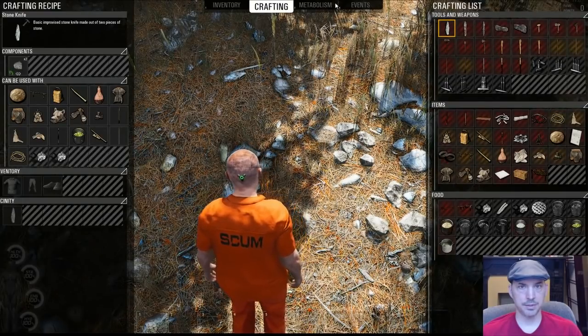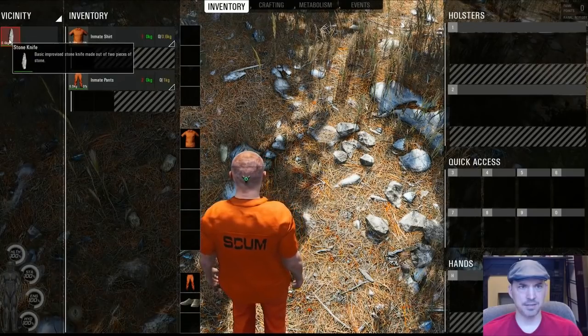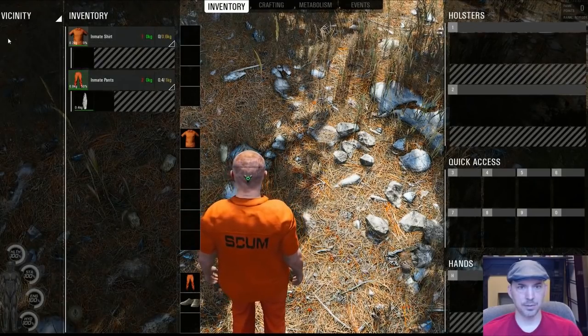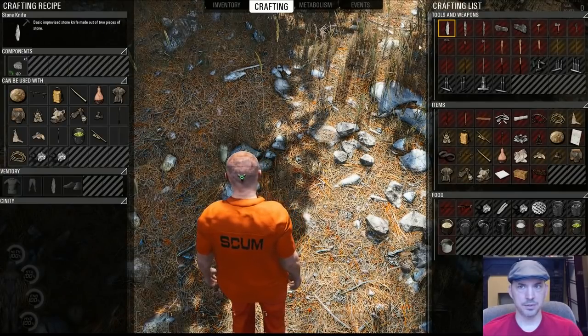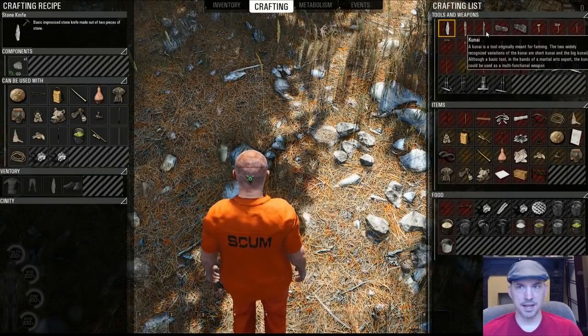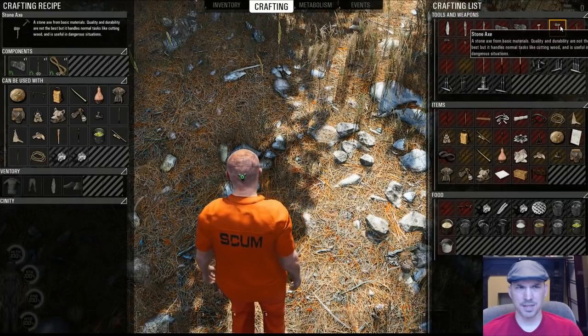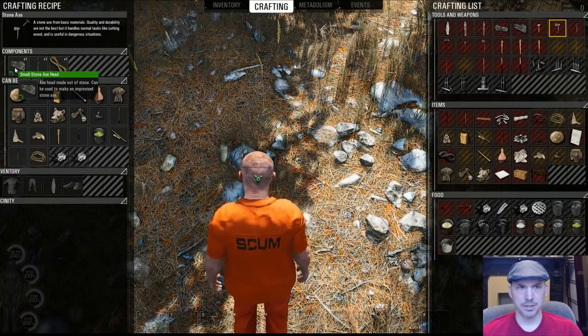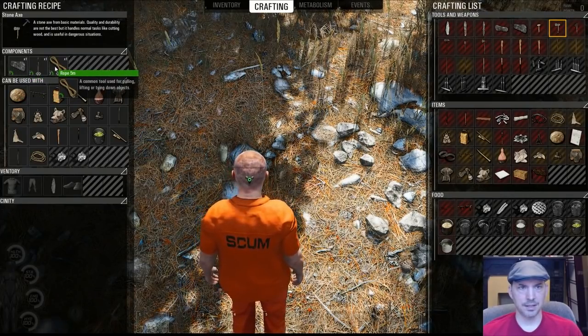Alright, let's go back to inventory, and you see in the vicinity we have a stone knife. So let me pick that up, and now we can use that to do some other things. What I would like to have is a stone axe. A stone axe requires a small stone axe head, a long wooden stick, and some type of